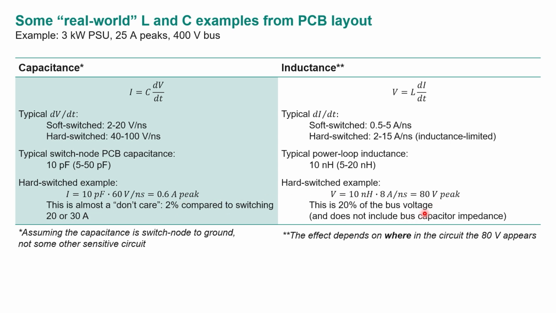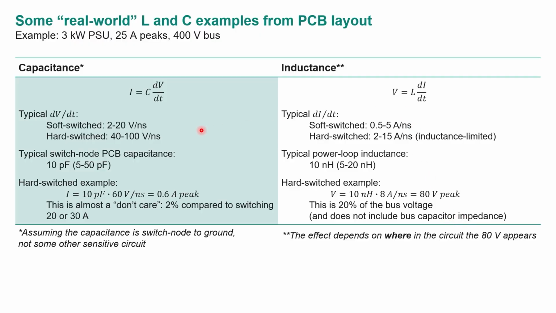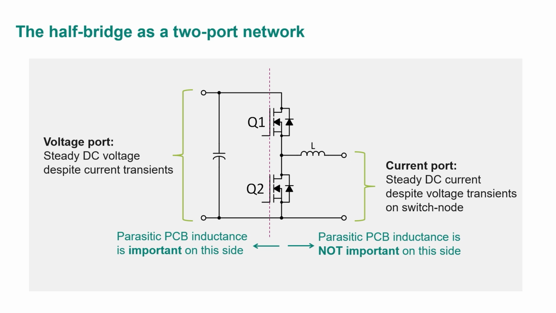So it's clearly a bigger problem, but the other issue is, where is this 80 volts appearing? If it's just overshoot on the commutation loop, okay, that's fine. But if any portion of that is in the gate loop, now you've got trouble, because a few volts in the gate loop make a big difference. And this is where understanding these numbers helps you decide how to prioritize your layout in terms of, where do I care about making low inductance and where do I not care?